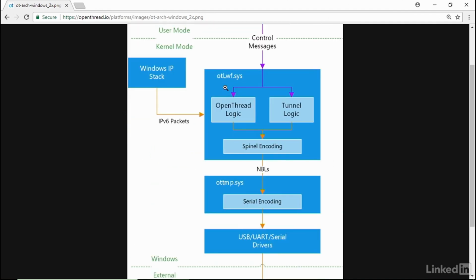The OTLWF.sys file can be in the full stack mode, while the full OpenThread stack